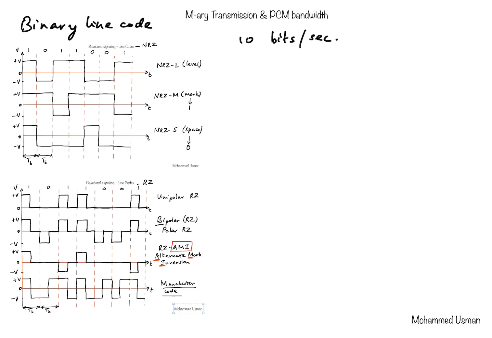Because each bit is represented by a single pulse, that means we need to transmit 10 pulses per second. The number of bits transmitted per second is called the bit rate,